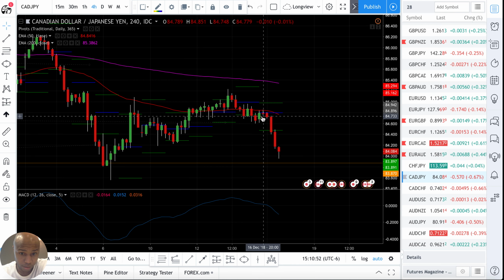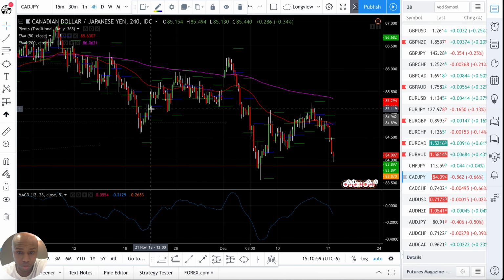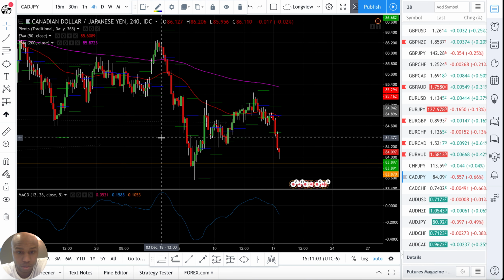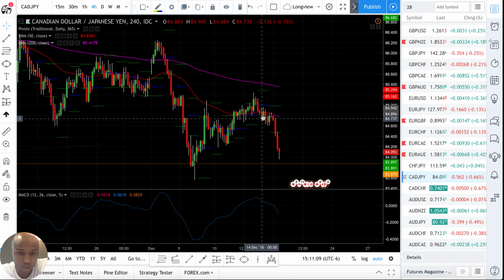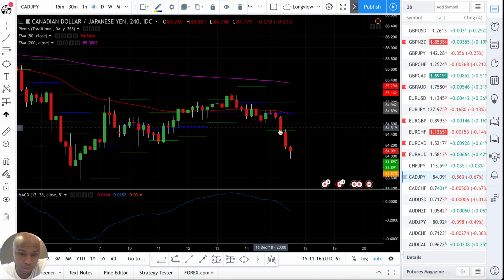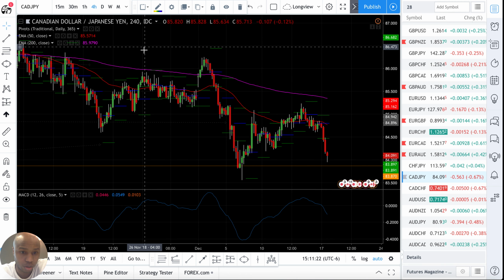So this is that breakdown. Is there a trade here? No, because there's no real pullback to test this level and show that we're bouncing off of it. In my opinion, and how I trade, no, I'm not trading this. I am looking for something that pulls back and get in off of a pivot entry. But when it goes sideways like this, it's so hard to be sure that you're